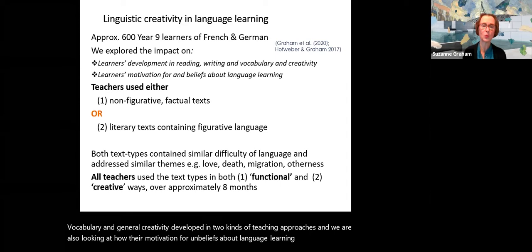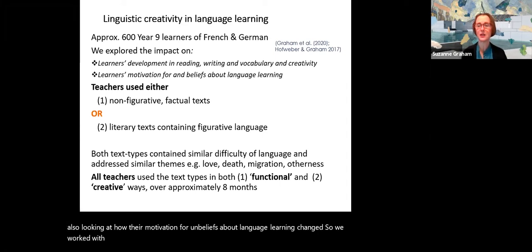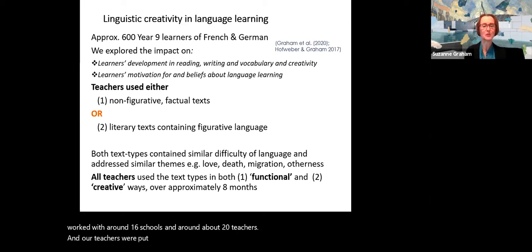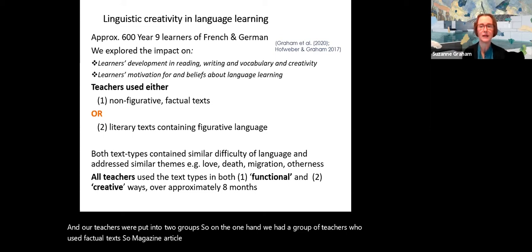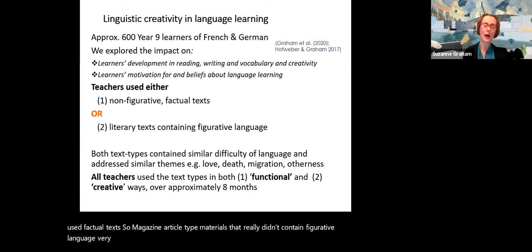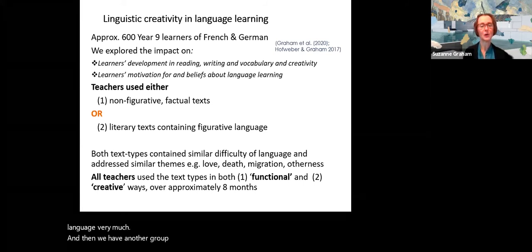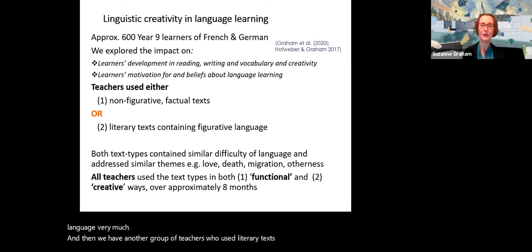So we worked with around 16 schools and about 20 teachers. Our teachers were put into two groups. On the one hand, we had a group of teachers who used factual text, so magazine article type materials that really didn't contain figurative language very much. And then we had another group of teachers who used literary texts, namely poems, that were highly figurative in the